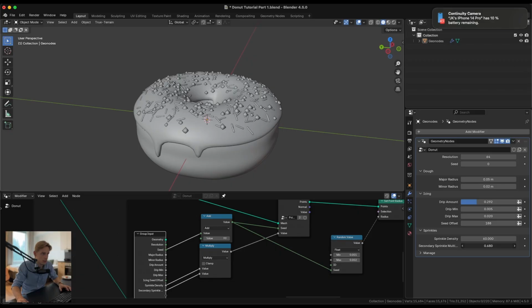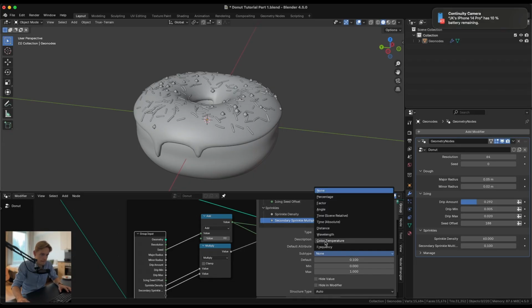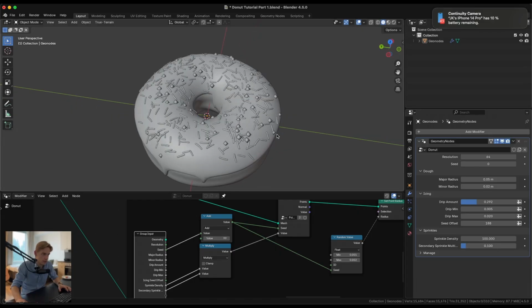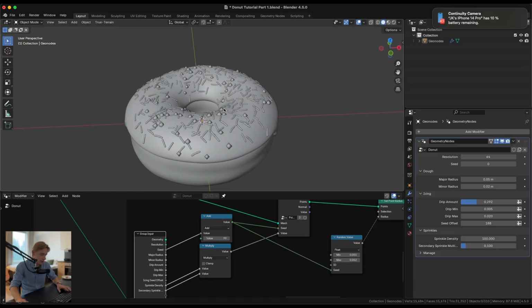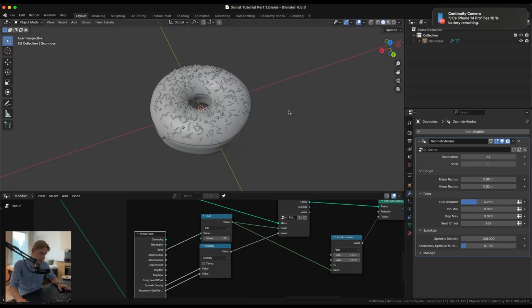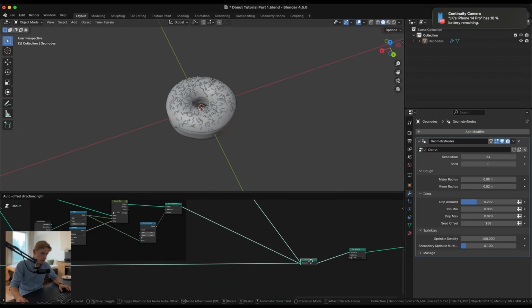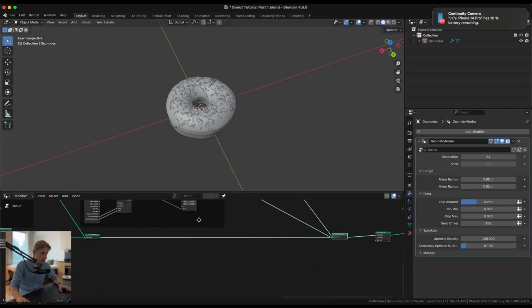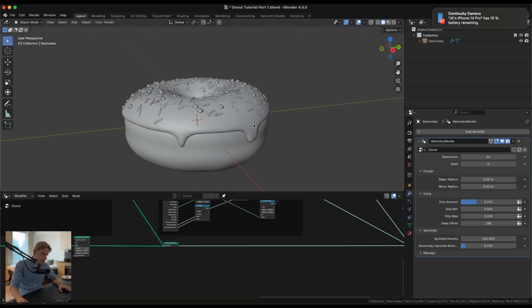So I can adjust how many sprinkles I have relative to this amount. So this is like the master density. So I put this to 100 and I put this to 0.1. You will get sort of that amount. And then of course we have joined both of the sprinkles into where we joined the mesh and the icing, and